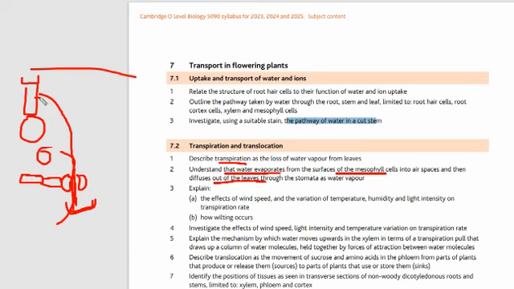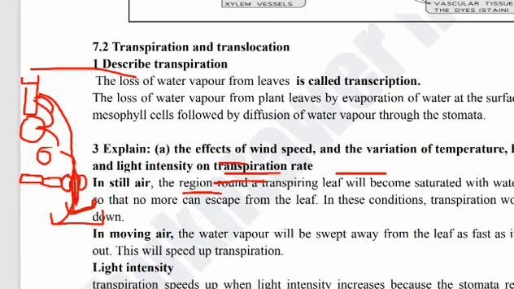How will it diffuse? It goes from the palisade mesophyll to the spongy mesophyll cell, then from the spongy mesophyll cell to the air spaces. यहाँ पर air spaces मौजूद हैं, and from the air spaces it will diffuse out of the leaves through the stomata as water vapor. Water vapors की फॉर्म में, बुहारात की फॉर्म में water stomata से बाहर निकलता जाएगा. Now we have to discuss the factors affecting the rate of transpiration, and hopefully this phenomenon is clear.